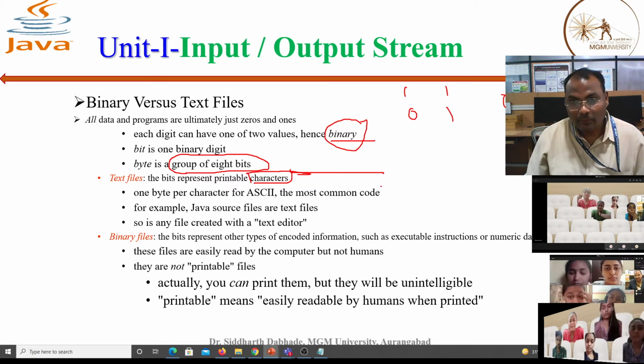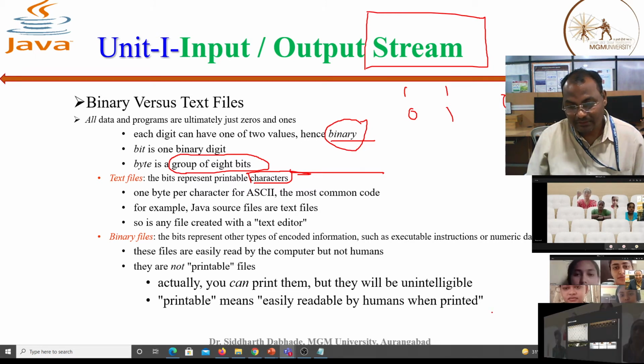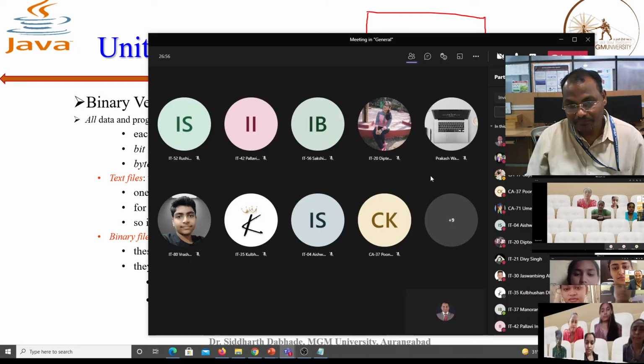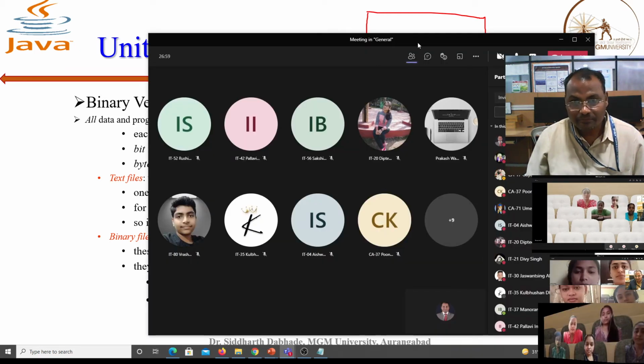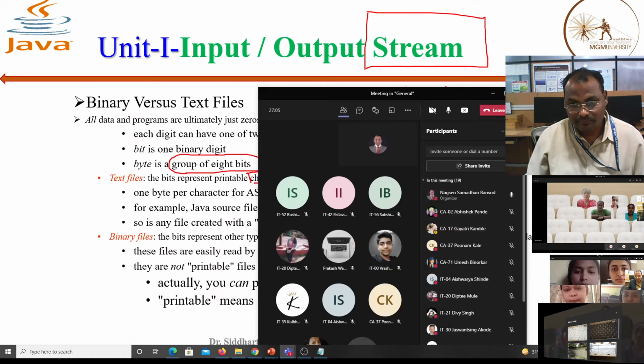Suppose it is not visible to you, therefore how many bits are there in this string? Yes, anybody? Anybody having this answer? Umesh? Abhishek? 6, sir.